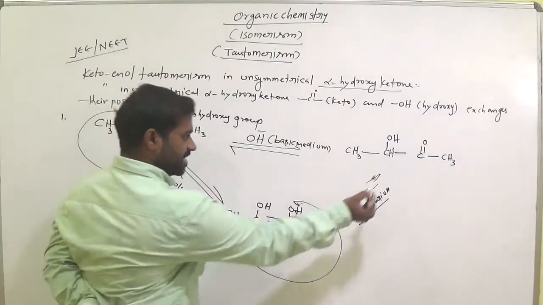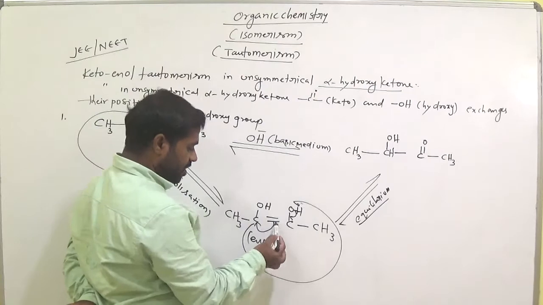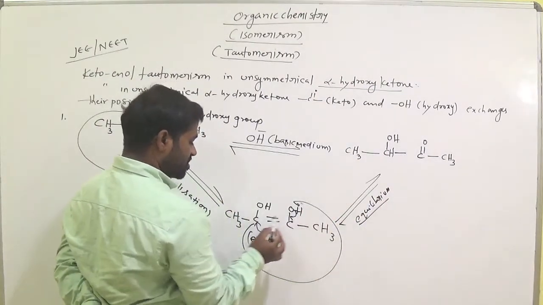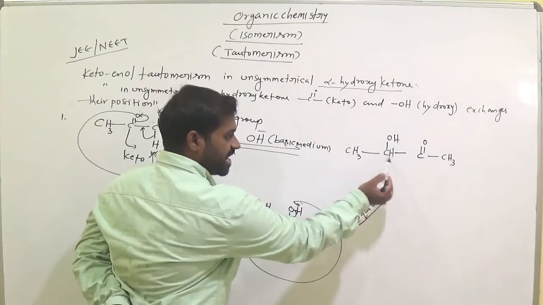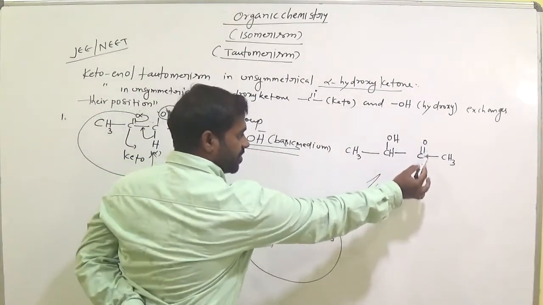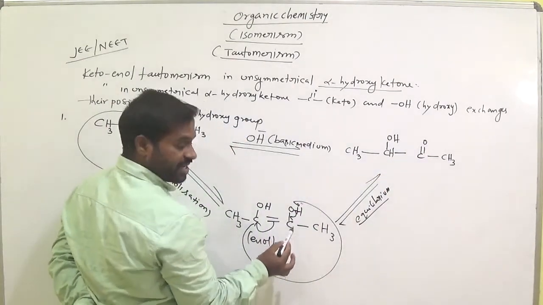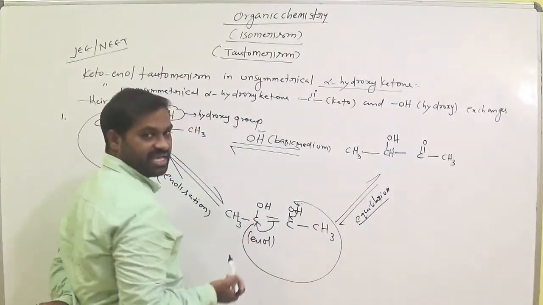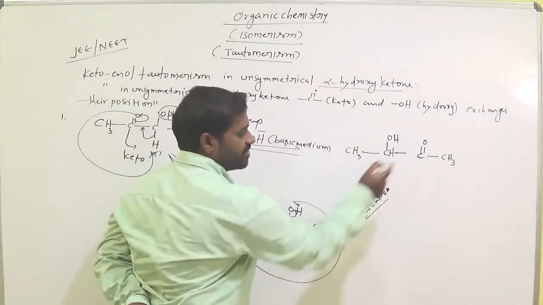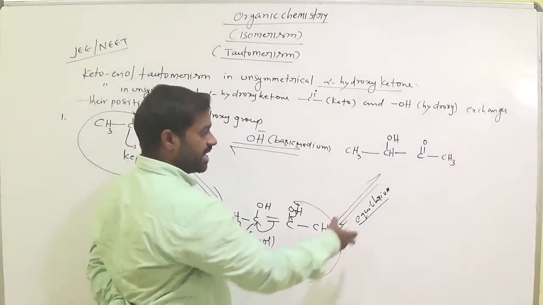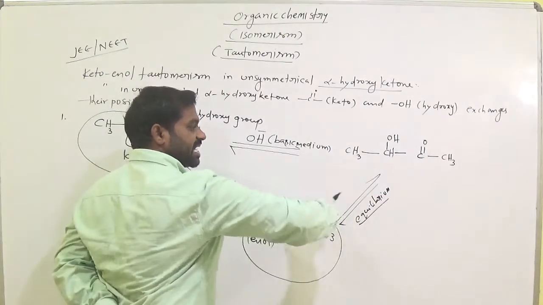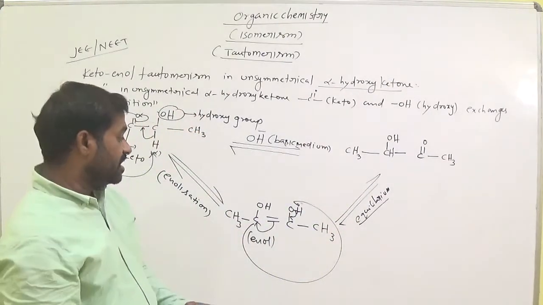In between these two carbons, the double bond breaks down, so here it is a single bond. OH is as it is, and this hydrogen moves towards this carbon. One new bond is formed between oxygen and carbon, so it becomes C double bond O, and this is CH3. From this molecule we get this one by this phenomenon, and again we get from this one to this one. These are interconvertible, both are. Clear?